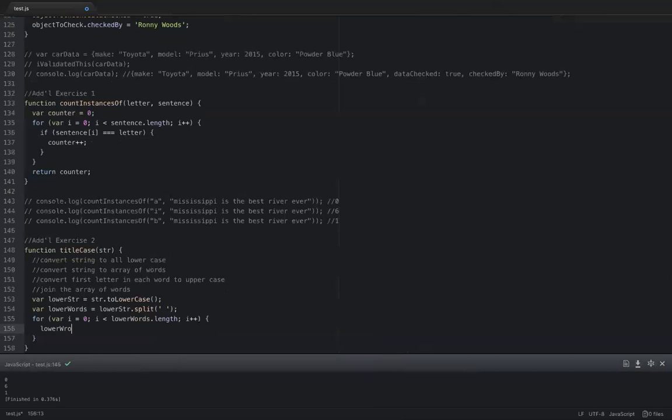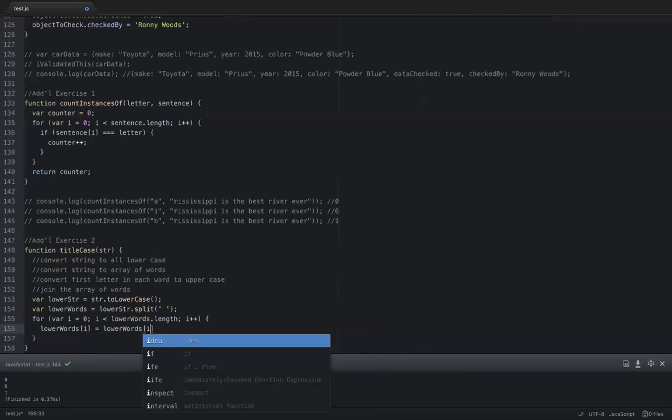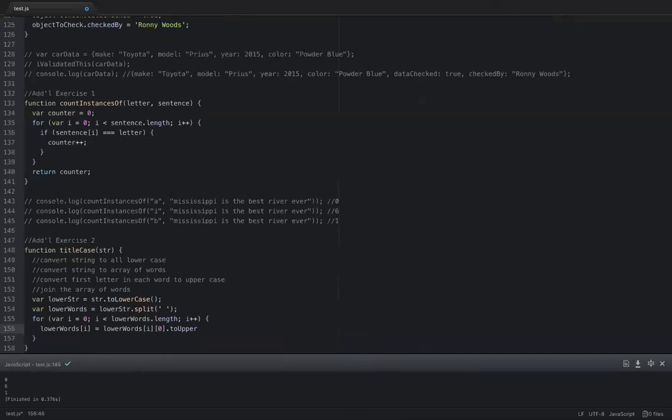Lower words at index i equals... I need the first letter, lower words at index i at location 0 dot toUpperCase, plus